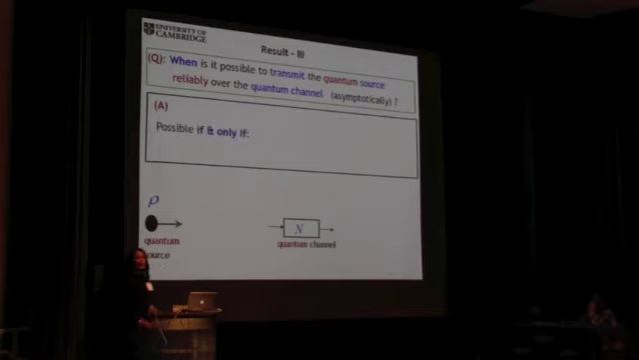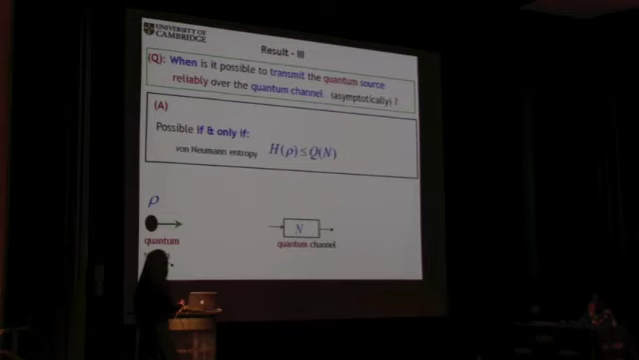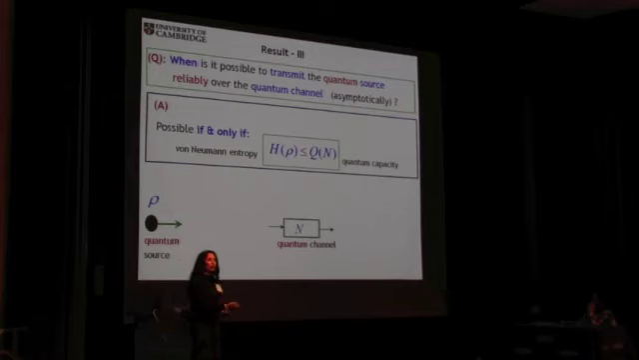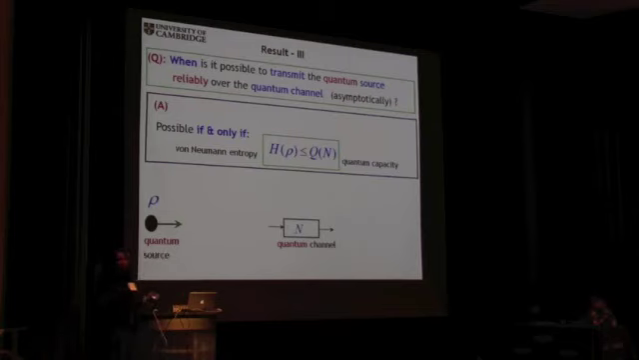What we prove is that such a thing is possible if and only if the von Neumann entropy of the source is less than or equal to the quantum capacity of the channel, by which I mean the maximum rate at which qubits can be transmitted reliably over the channel, which is known to be given in terms of the regularized coherent information. We call this a quantum source channel separation theorem because it is a quantum analog of a fundamental theorem